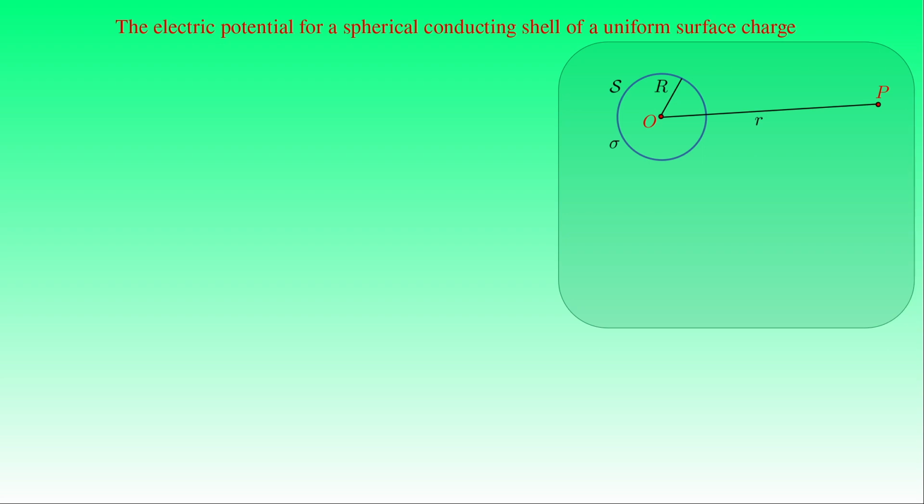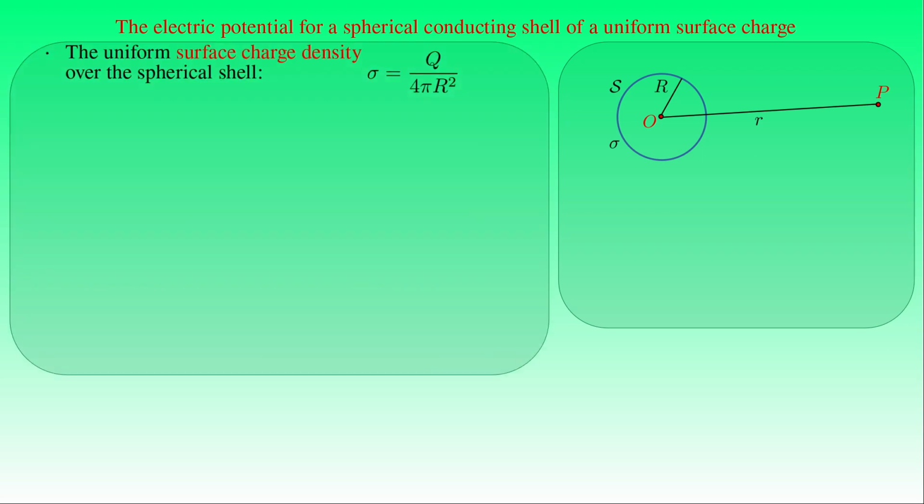Since the distribution of the electric charge over the surface of the spherical shell is uniform, the surface charge density sigma is constant and equal to the total charge Q of the shell divided by the surface area of the sphere, that is 4 pi times R squared. For a given surface charge density sigma, we found that the electric potential phi at the point P is equal